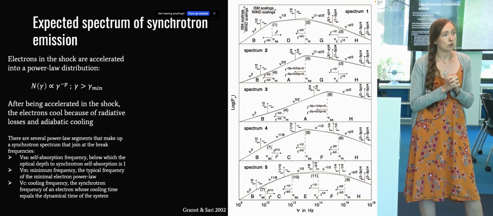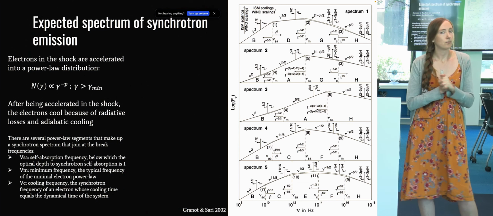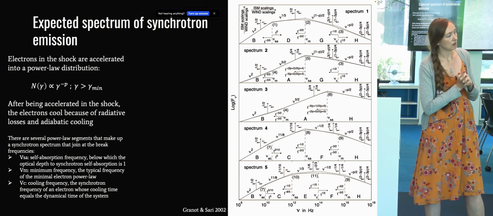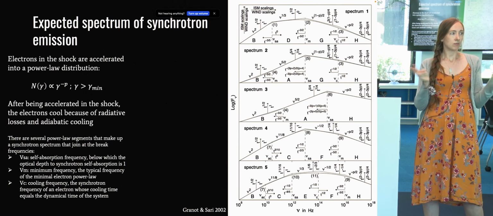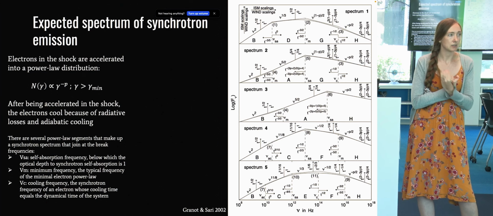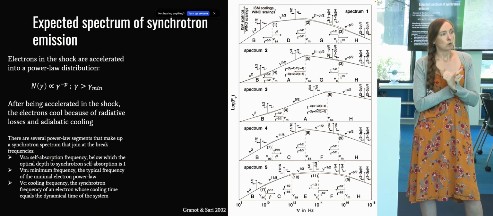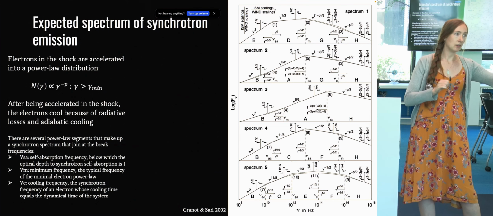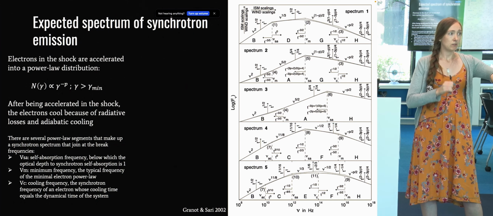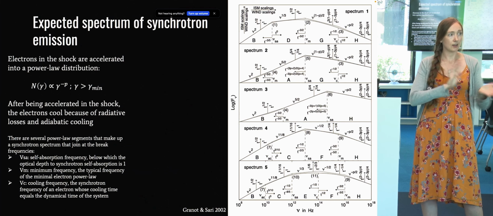This was made for gamma ray burst afterglows, but it works extremely well for TDE afterglows as well. And so we have these three important break frequencies. One is the self-absorption frequency, and that means at this frequency, below it the optical depth to synchrotron self-absorption is 1, and above it is